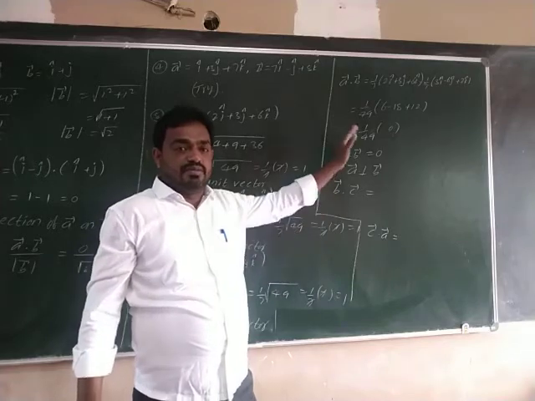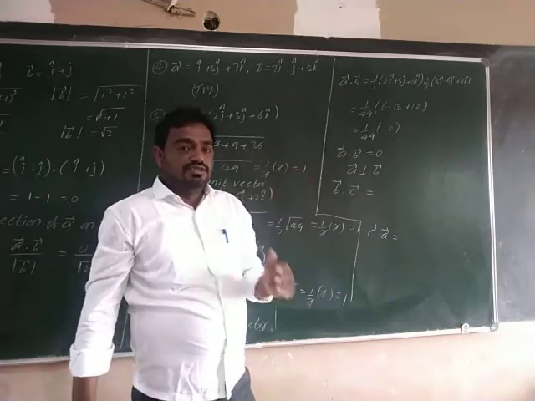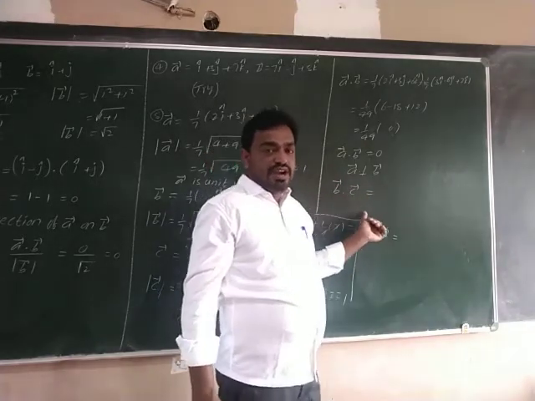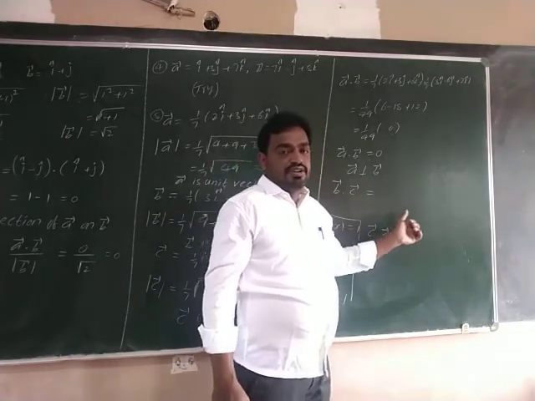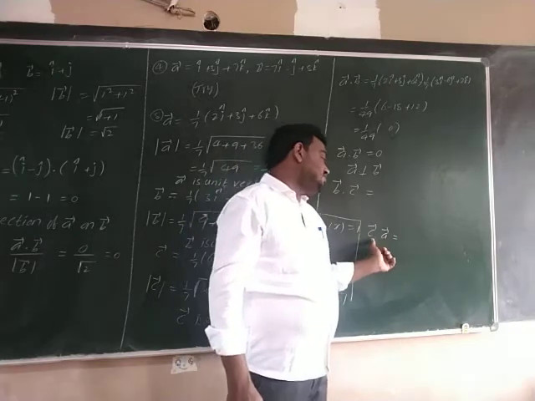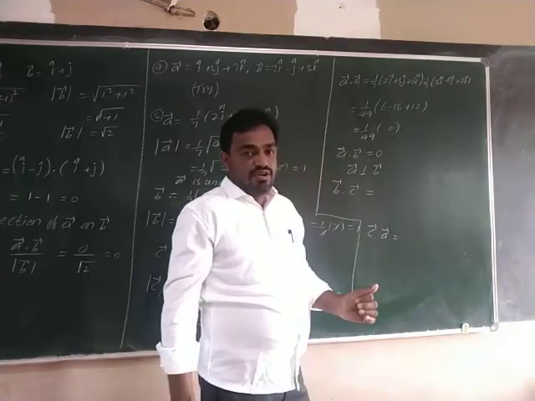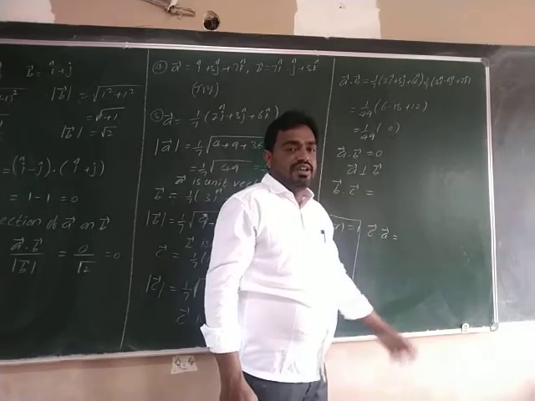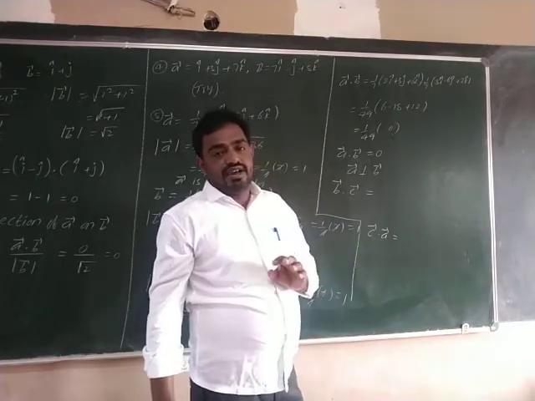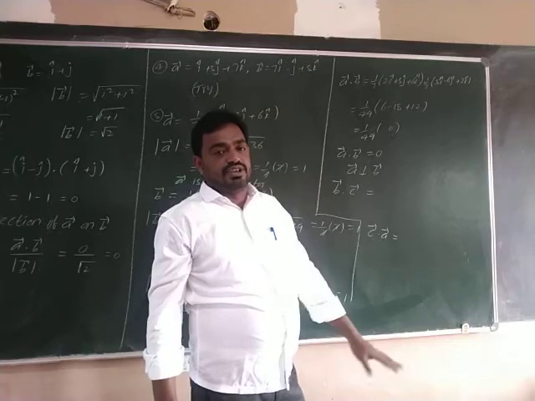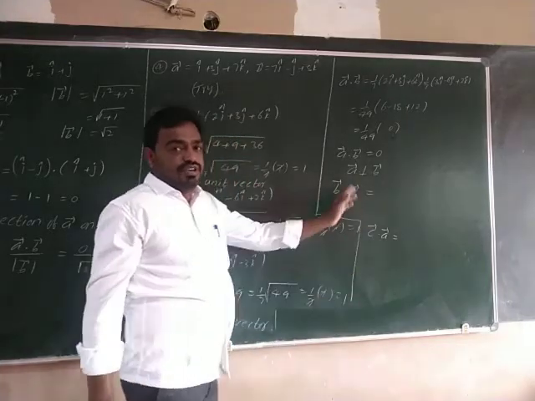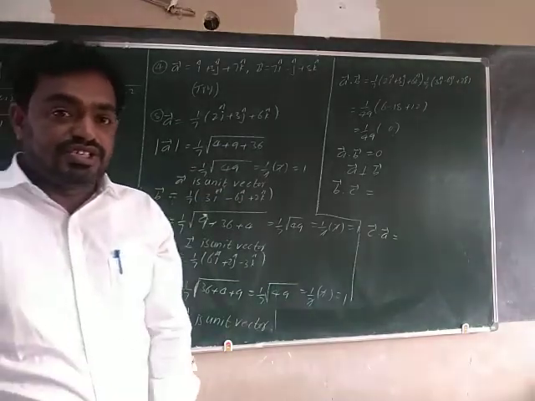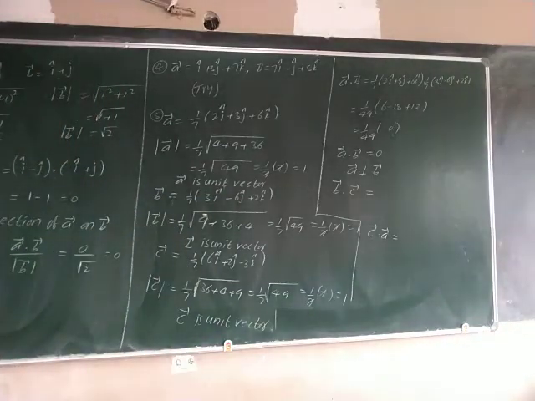Your remaining part you solve like this. You find B dot C, you will get 0. Therefore B dot C is equal to 0, so B is perpendicular to C. Next you find C dot A. This one you will get 0. So vector C is perpendicular to vector A. Therefore A, B, C are mutually perpendicular to each other. That is the remaining part. You finish this remaining part of this fifth question. Next, the sixth question.